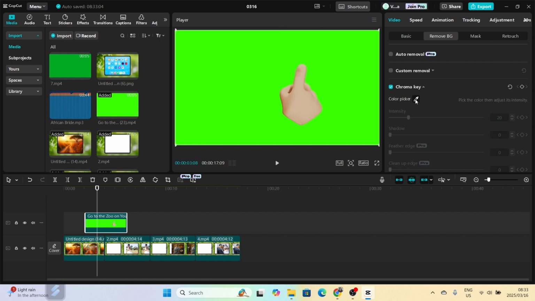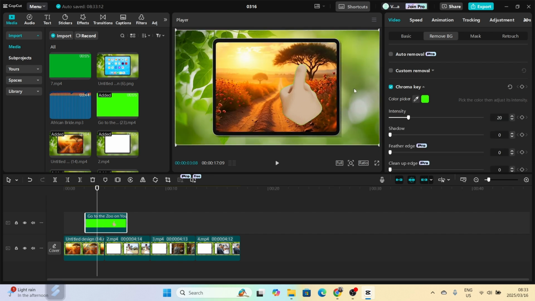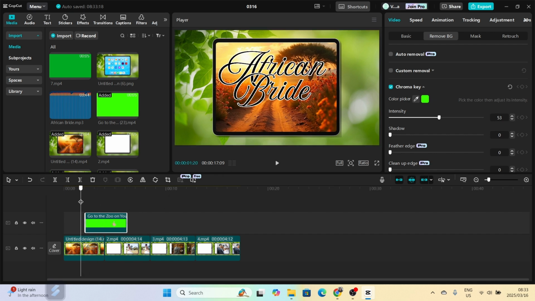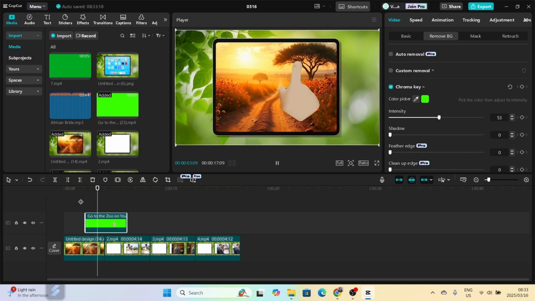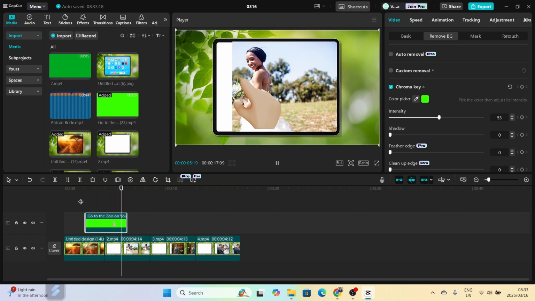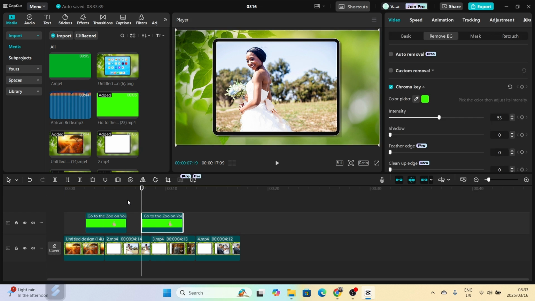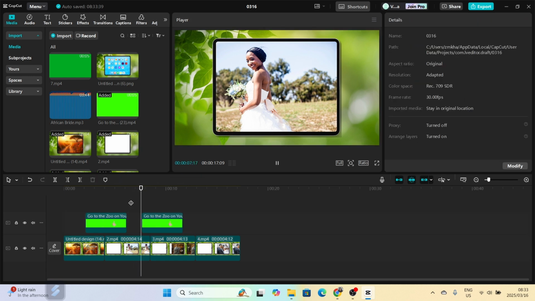Sometimes it wants you to click twice in order for it to take off the green, but there's still a little bit of green around that. You just increase the intensity so that the green is gone. It doesn't do this with the pink of the video, which is why I swapped to the green, and then we can play and see how it looks. And then it swipes like that. So you're going to copy the video above all of your slides, so that every time it plays through,